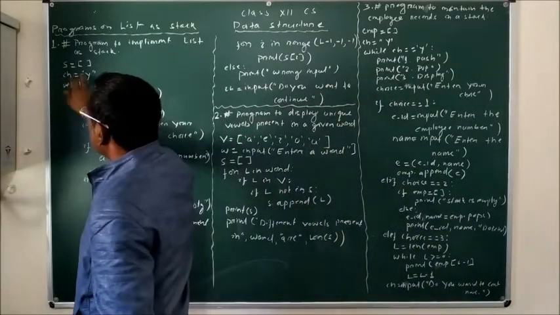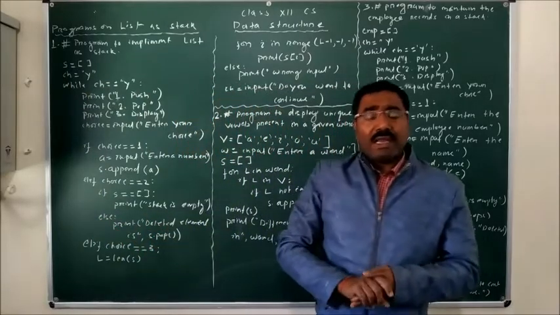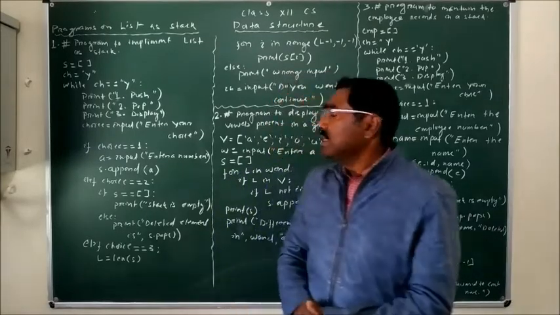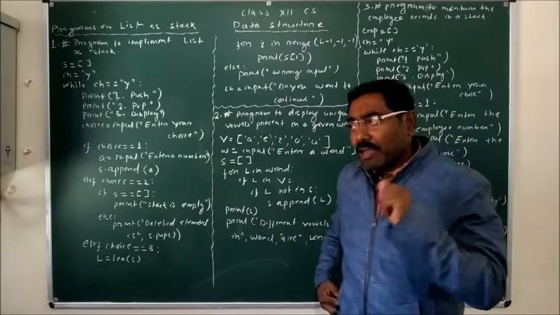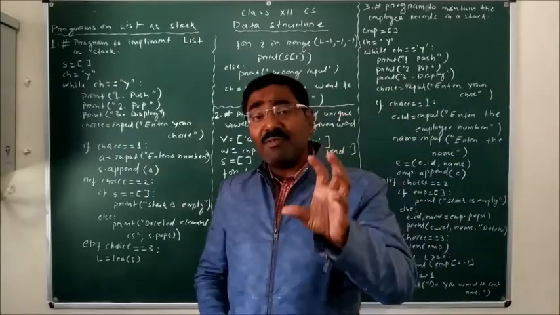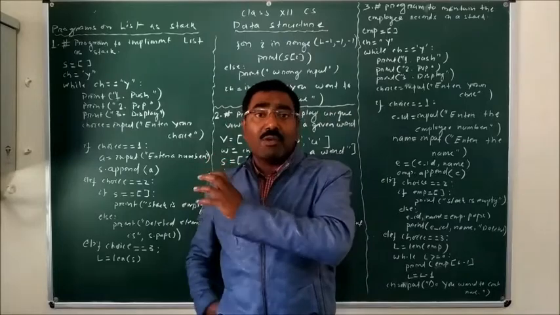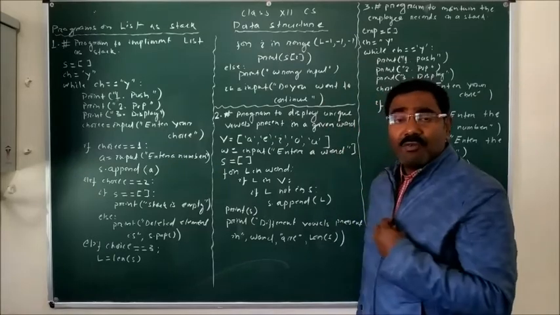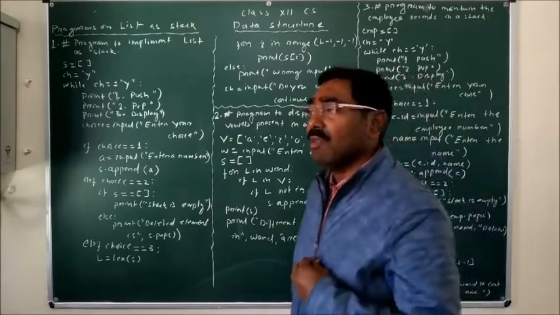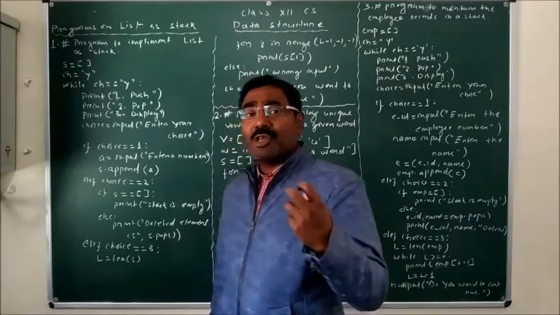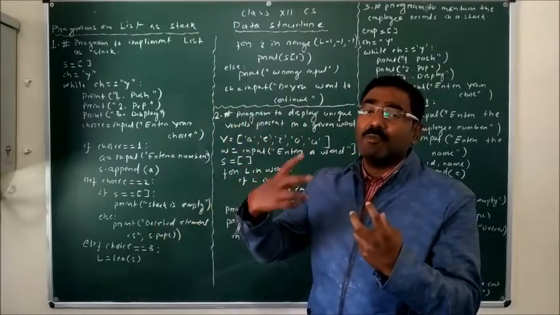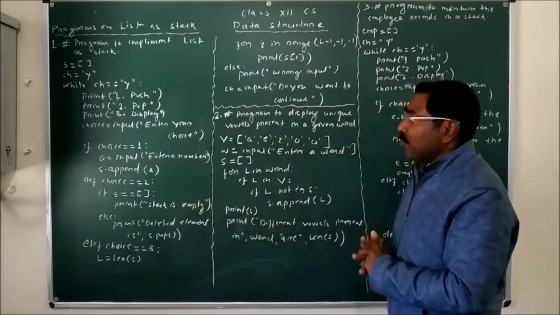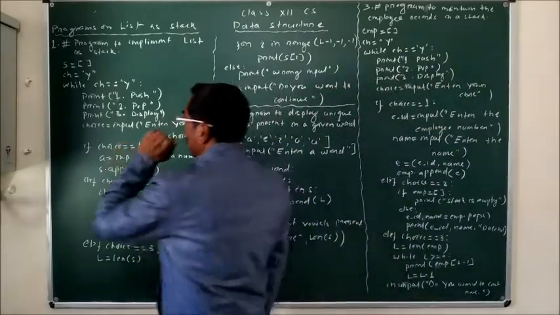Then the variable ch is equal to y. Now this kind of programming, whatever we are doing now, is known as a menu driven program. In case of a menu driven program, what happens? When you run the program, in front of the monitor we have a menu and you have to select an option from that menu. According to the option the user selects, the further execution of the program will be done. So for that purpose, we have to use a variable ch is equal to y.